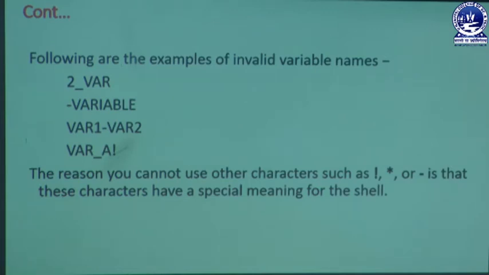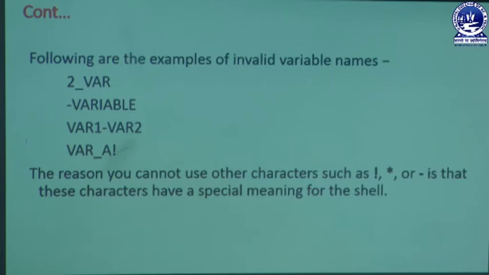So if a user is not considering the shell, we may take different formats. In the previous slide we discussed the valid variable names that can be created in Unix. If a user wants to create a valid name, there must be reasons for how to create that variable. A variable name should not start with a number, that's why the first one is cancelled.